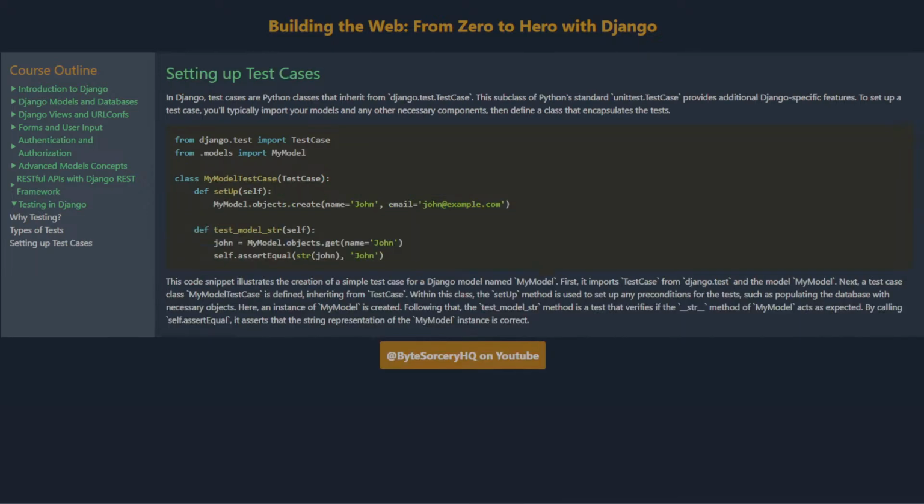Setting up test cases. In Django, test cases are Python classes that inherit from django.test.TestCase. This subclass of Python's standard unittest.TestCase provides additional Django-specific features. To set up a test case, you'll typically import your models and any other necessary components, then define a class